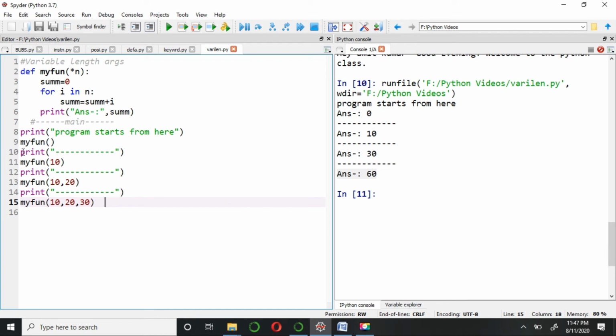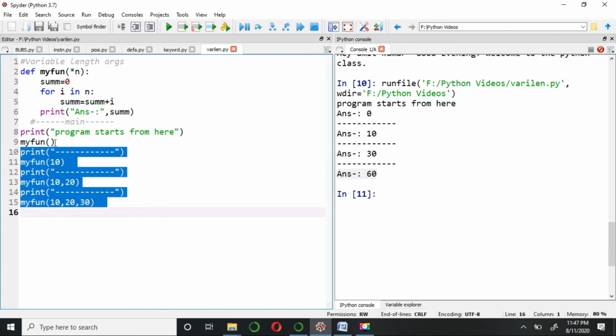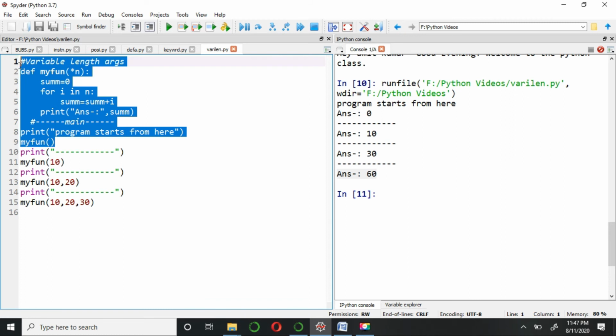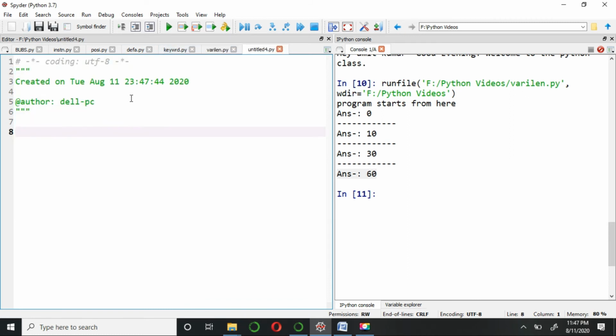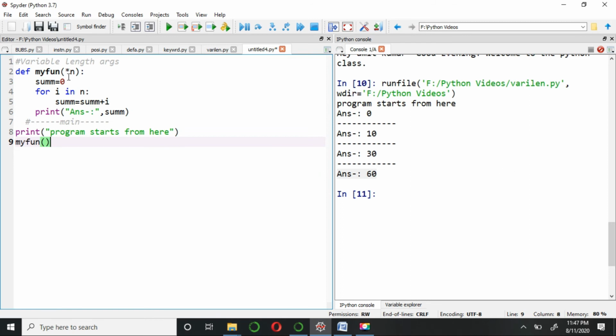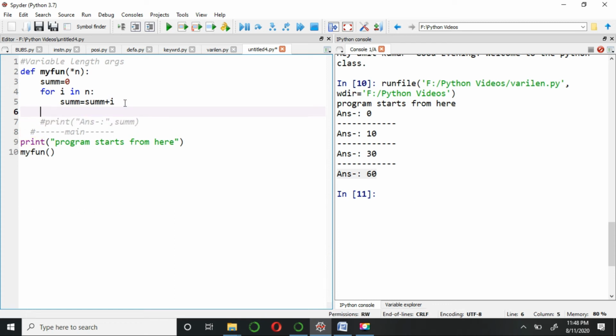If we talk about this program, let's just remove this, or we can make a new program here. I'm going to copy. See, in this scenario we are printing the value here. We are not returning. This function is not returning anything. It is just printing a value which comes from adding the sum and i value. So I'm going to make this a comment, and I'm writing one statement here, return sum. Let's just run this.